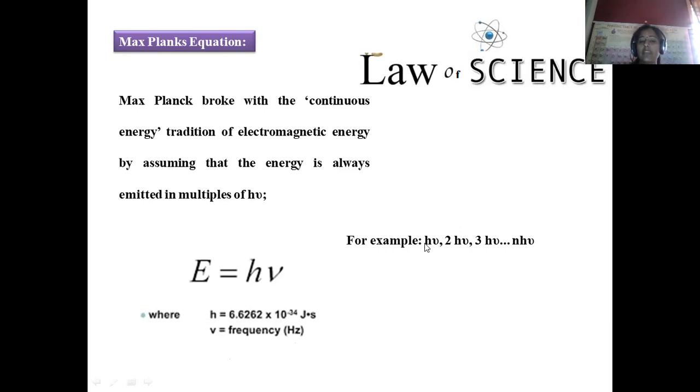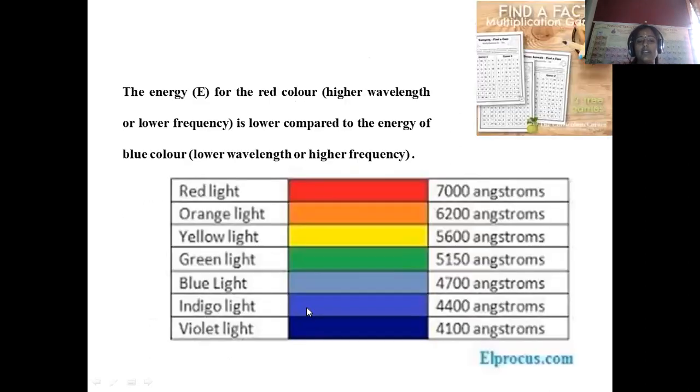So the magnitude can be either h nu, 2h nu, or 3h nu. That depends upon the intensity of radiation we are propagating. And these are the light rays arranged in accordance with their wavelength, from lower to higher, with wavelength gradually increasing, in terms of angstroms. Here is a system called VIBGYOR, where red, orange, yellow, green, blue, indigo, and violet colors are present. And there is a continuous observation of their wavelength values in decreasing order, from higher to lower values, in this arrangement.